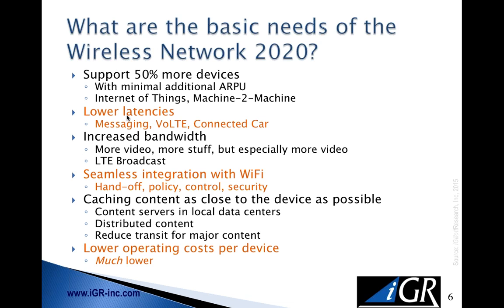Yes, we want more bandwidth, we want more video, we want more stuff. There is something called LTE broadcast, which we won't get into today, but makes use of the architecture to very efficiently deliver large amounts of data. But the point being, we know there's going to be more bandwidth. An HD movie uses about twice as much bandwidth as a standard definition movie. And now, of course, the industry is starting to talk about 4K, which is going to push the bandwidth up even further.